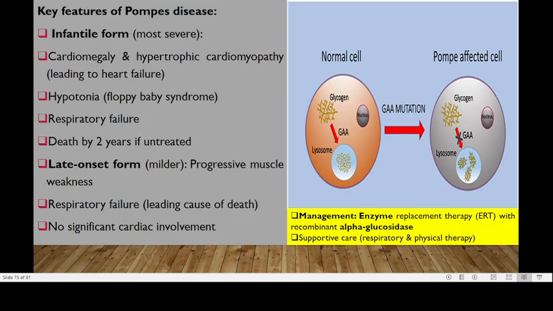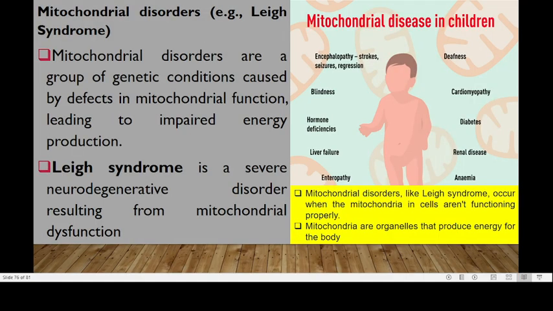Late onset form, this is a milder form, and this is characterized by progressive muscle weakness. Respiratory failure is the leading cause of death in these patients. There's no significant cardiac involvement in the late onset form. Management, we would do enzyme replacement therapy with recombinant alpha glucosidase and supportive care, so that supports the respiratory system and also physical therapy. We also have the mitochondrial disorders like Leigh syndrome, and these are a group of